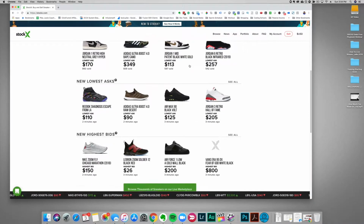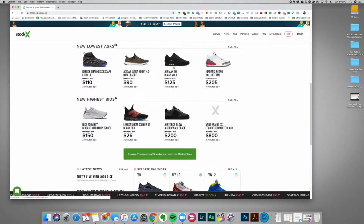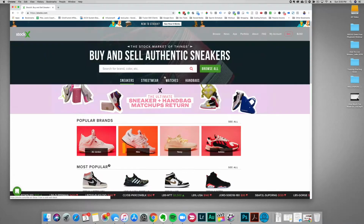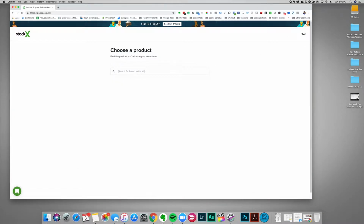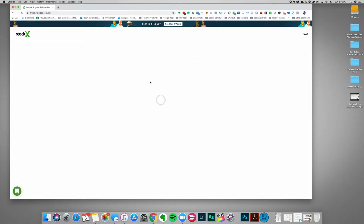All right, so we're logged in, and like I say, they are very huge in the reseller space, and actually a brilliant idea. I wish I would have come up with the idea, but anyway, let's jump into how to go in and sell items. Once you log in, you can just click on sell here, and let's find a pair of the shoes. So let's do the Adidas Yeezy Boost, the frozen yellow,